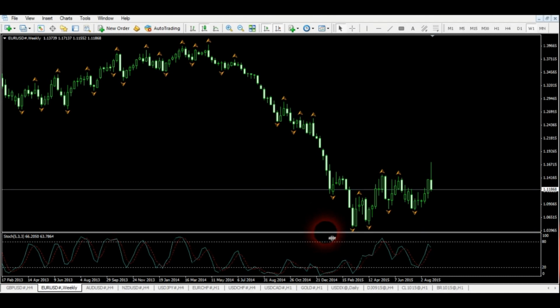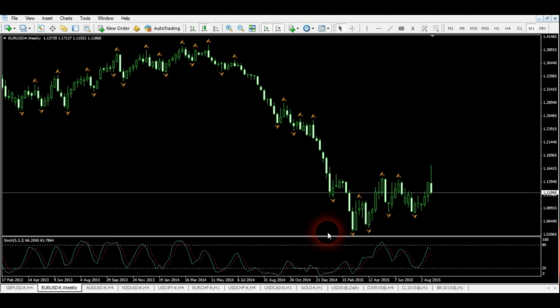Okay, now. The stochastic oscillator. It's one of the good indicators, but we have two moving averages, something like that. The first rule is for buy orders. When that blue line is under the 20 line and it has gone up and the red line got replaced,